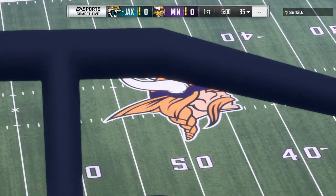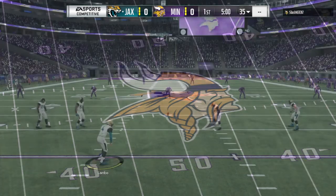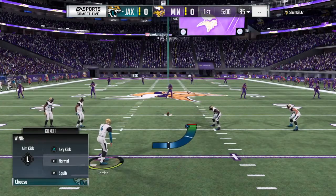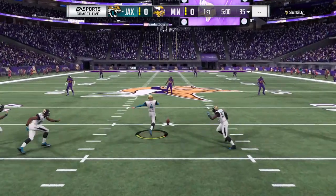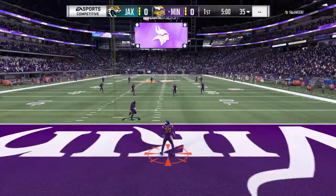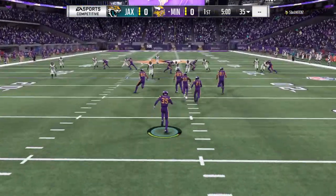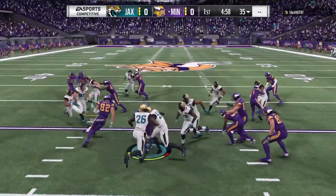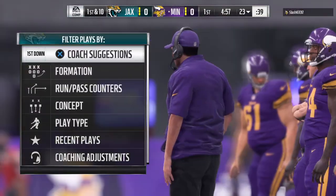EA Sports coverage takes us to one of the newest jewels on the NFL landscape, U.S. Bank Stadium in Minneapolis. The scene a short time ago, this crowd decked out in purple, and they were in full roar as their guys burst out of the locker room. We're ready for football, folks, as the Vikings get set to do battle. And he'll make it across the 20 as his...